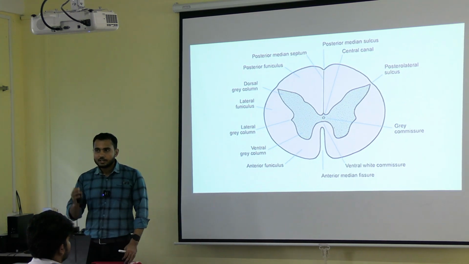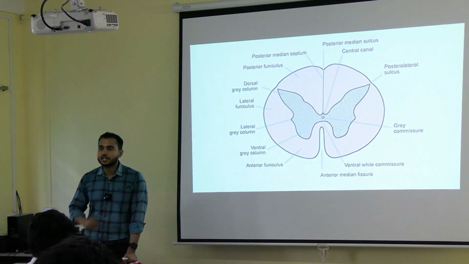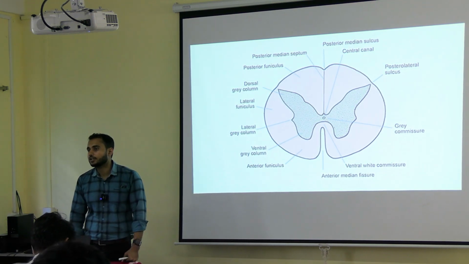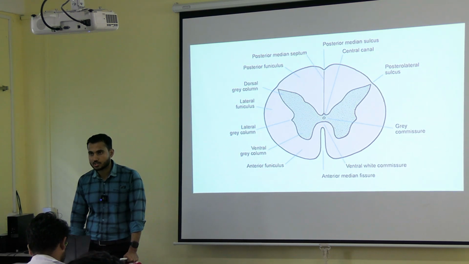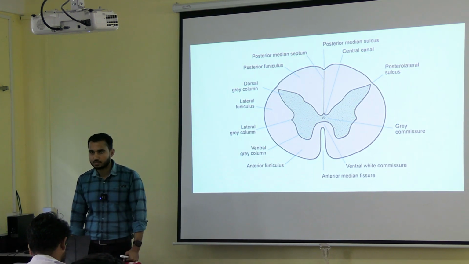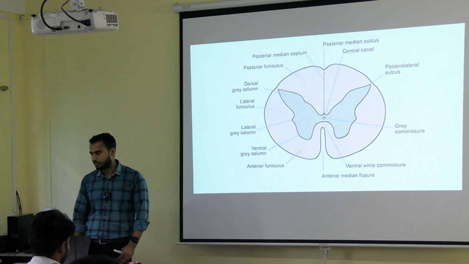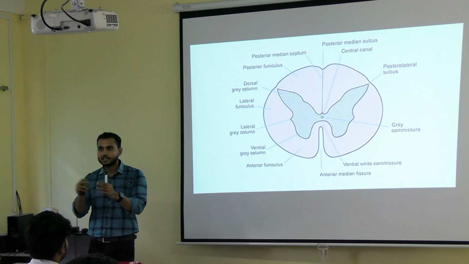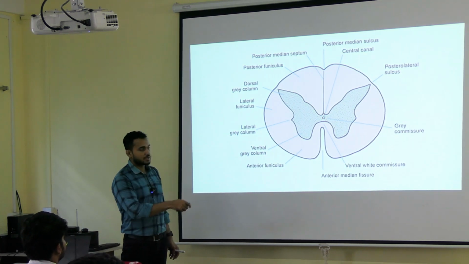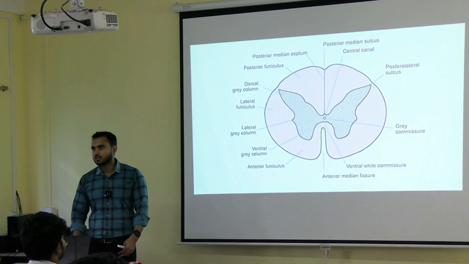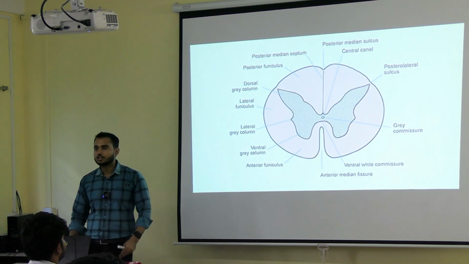हो गया. Next, as I said, जो central gray matter है, it is made up of cell bodies of the different types of neurons. Cell bodies of the different types of neurons are present in the central gray matter. Okay, and it is divided into two halves, right half and left half. Both the halves are connected to each other by this gray commissure, which is present around the central canal, which is a mass of gray matter connecting both the sides of the gray matter.